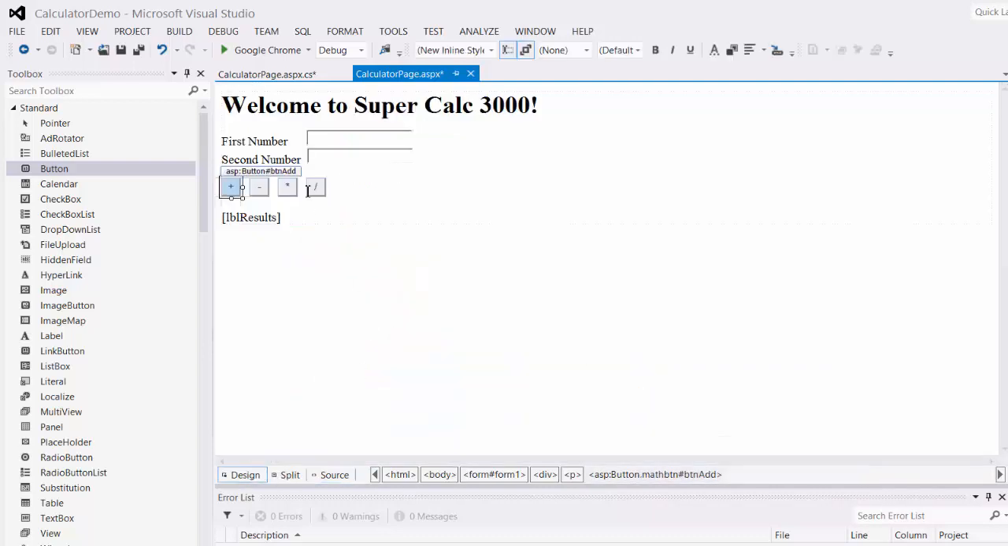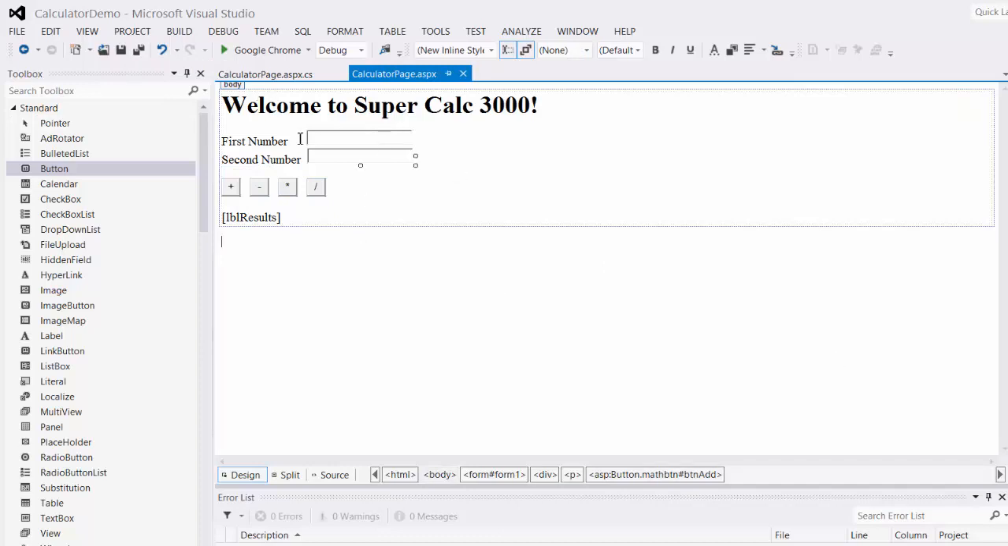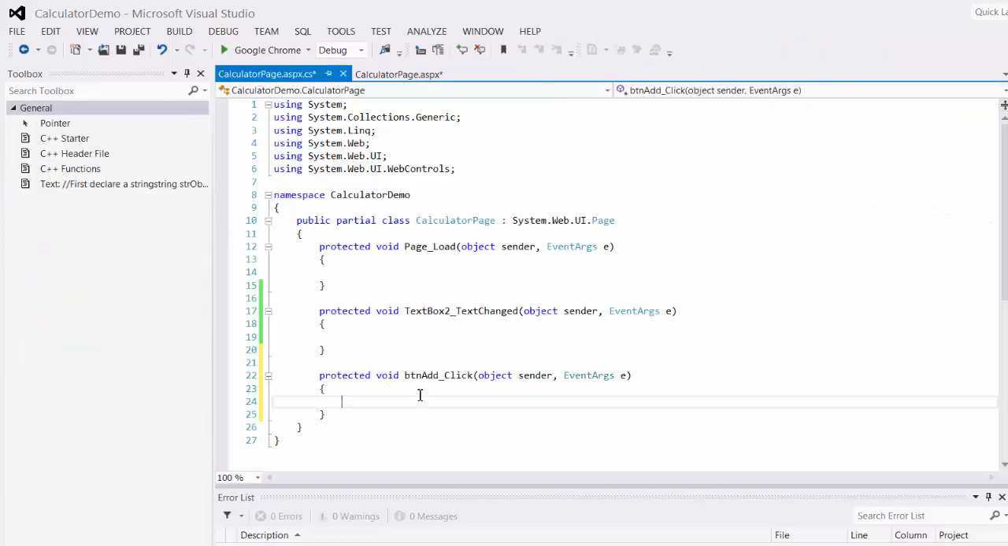And let's see what it looks like. So the buttons are a little bigger. Obviously you can do a lot of styling to make this page look a lot better, but that should work. So the next thing we want to do is create event handlers for each of these. So I'm just going to double click on each button,